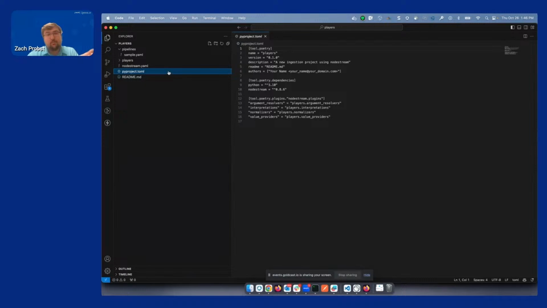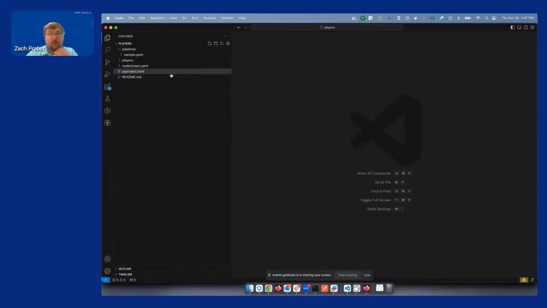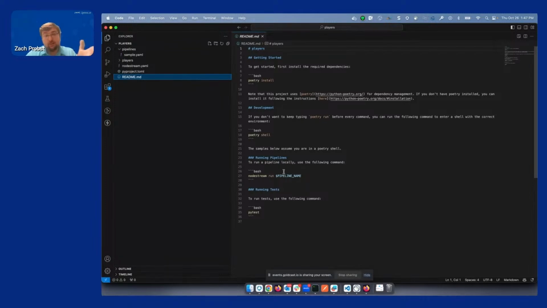Next to that is a pyproject.toml file. If you're not familiar with Poetry, Poetry is a dependency manager for Python, kind of like NPM or Maven is in Node and Java, respectively. So this is already wired up for a nodestream project and includes nodestream as a dependency. You can go and add extra dependencies and all the things you might like to do. The README is basically walking you through the same things I'm walking you through. So there's links in here and some basic